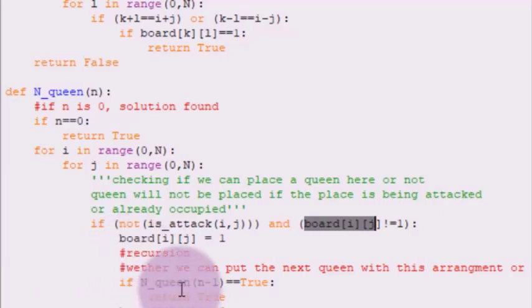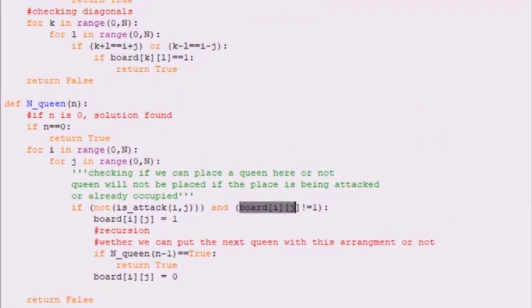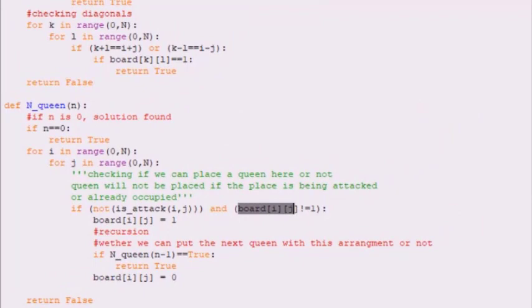Now the next and very important function over here which we have written is if n underscore queen n minus 1 is equal to true. Now students, we are calling the function again, this queen n minus 1, to place the remaining queens, because we have to place the other queens also, and we are checking where we are going to place it properly.